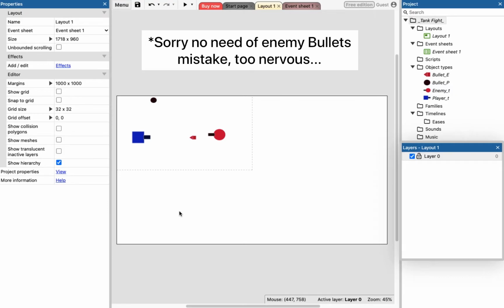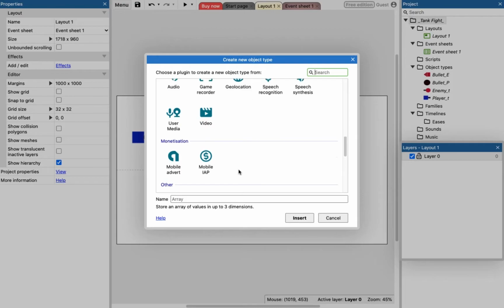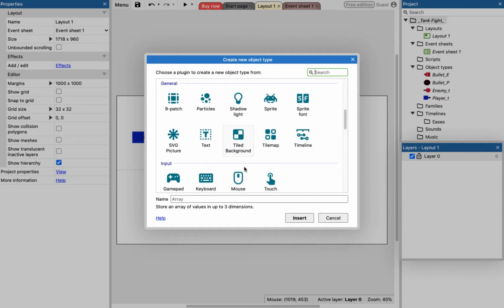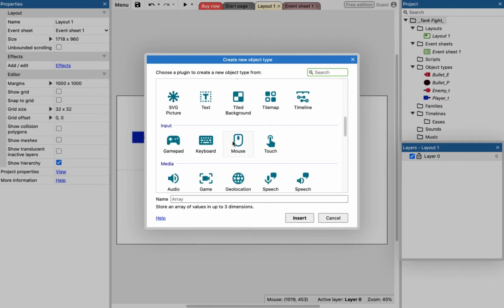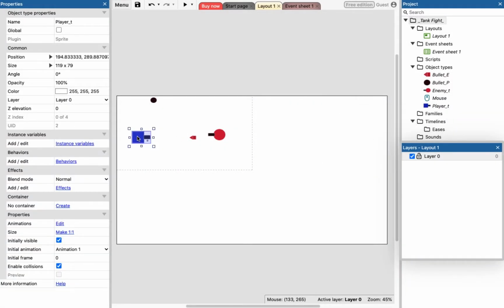So the first thing I need to do is double click on this layout and then add an input. Where do we find the input? Just over here, yeah, input, that is a mouse. We can add a gamepad, keyboard, touch or anything, but I like a mouse, and so this game would be played with a mouse only, and we added a mouse. Good thing. You hear the click? I think so. Yeah, very good. Okay, so now we go back to the event sheet